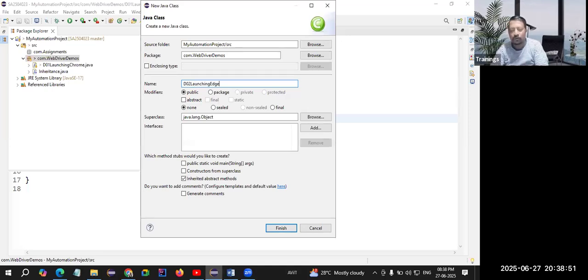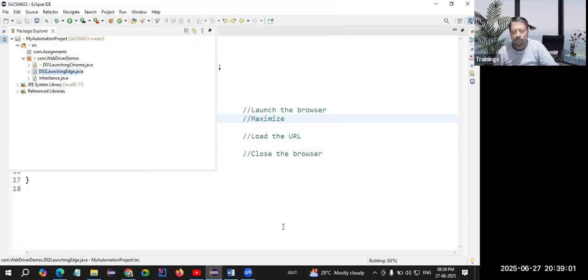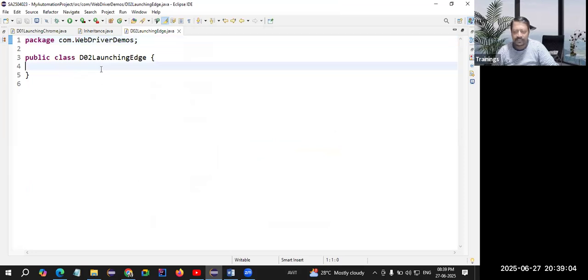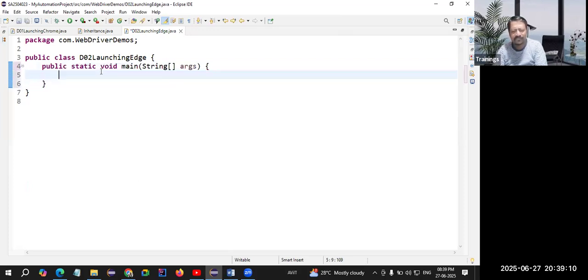Suppose I will show you how we can launch Edge. Don't forget to add public static void main. Suppose by chance you forget to add public static void main. Okay, don't panic. Just type main, M-A-I-N, and hit control space. It will create main for you. Right? Now just simply,